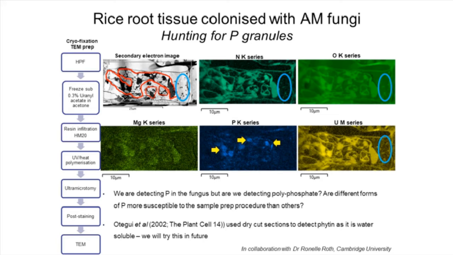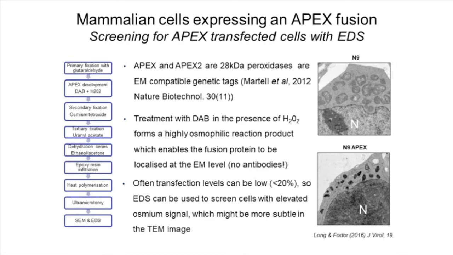Previous work by others on phytoliths in Arabidopsis seeds used resin sections that were cut on a dry knife to avoid dissolving mineral deposits in the water bath, so this is something else we will try in future. I'll finish up with an example of how introducing heavy metals into your sample during the preparation procedure can have